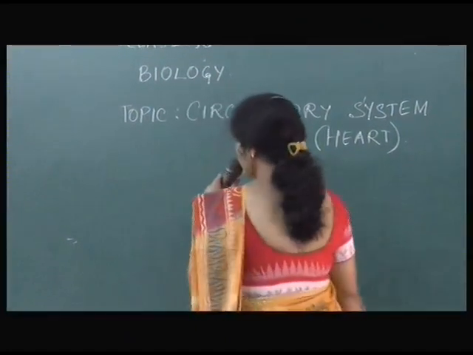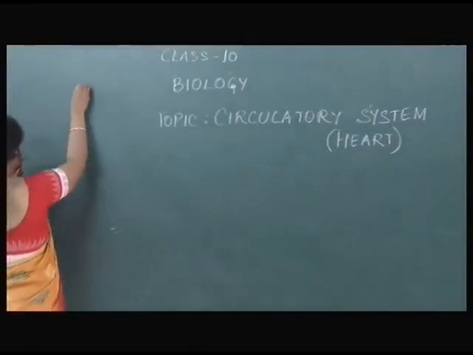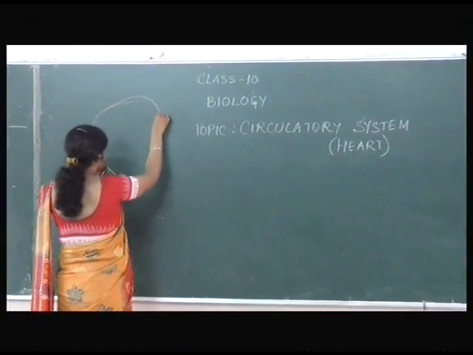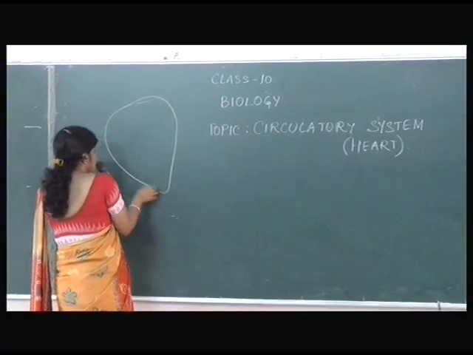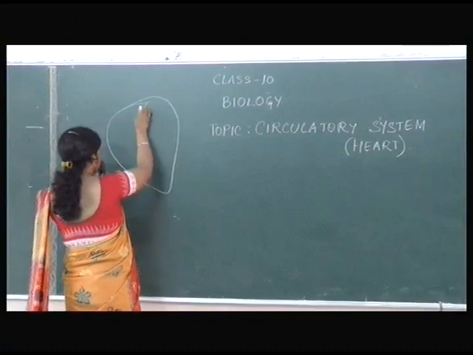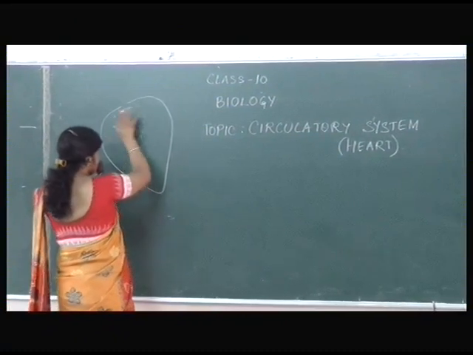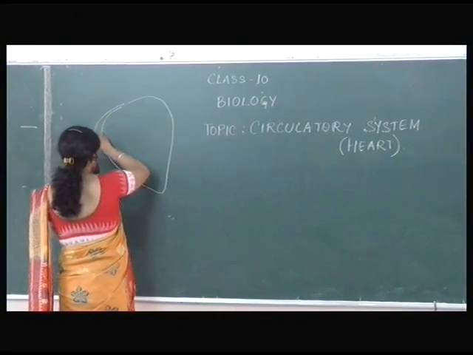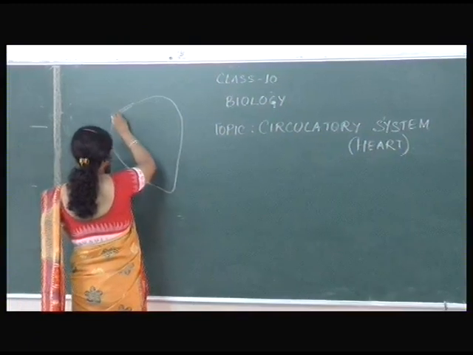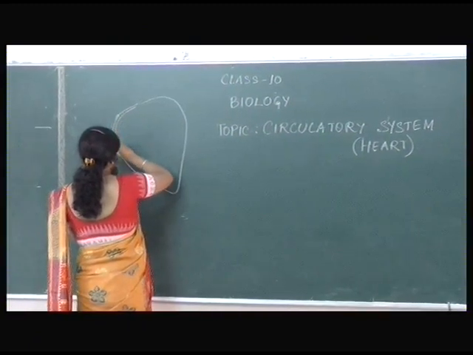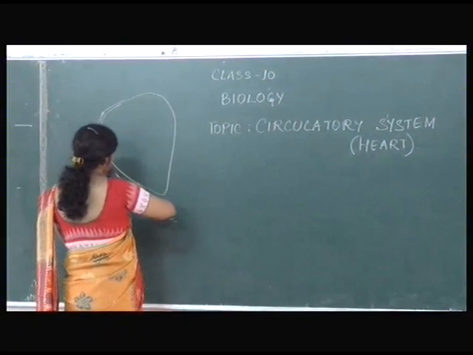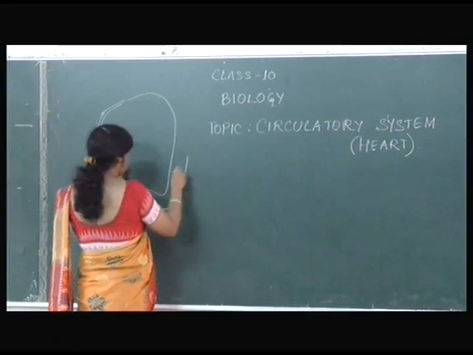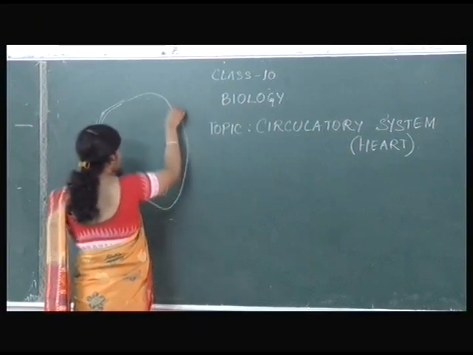The heart is composed of 4 chambers. The upper part of the heart is broad, whereas the lower part, the ventricular part, is narrow. It is more or less a conical structure. This, what I am showing, is the heart muscle, and it is thinner towards the upper side, that is towards the auricle, and it gets thicker down, near the ventricle. It is thicker towards the left side. It goes like this.